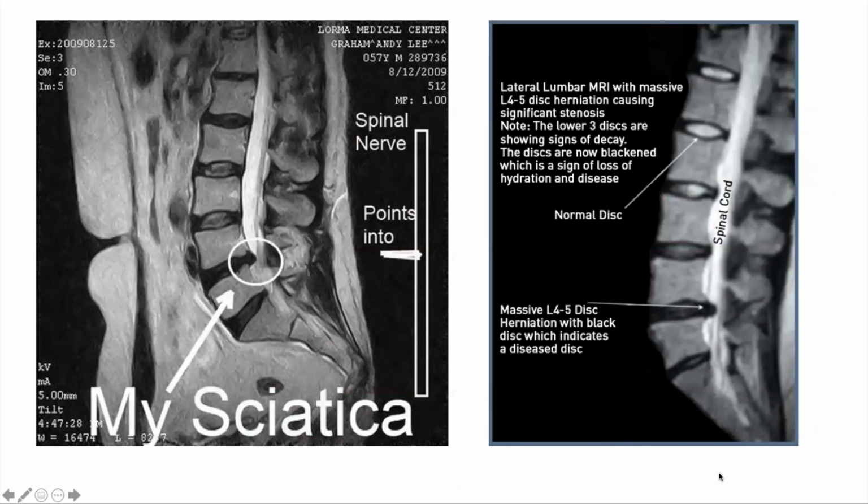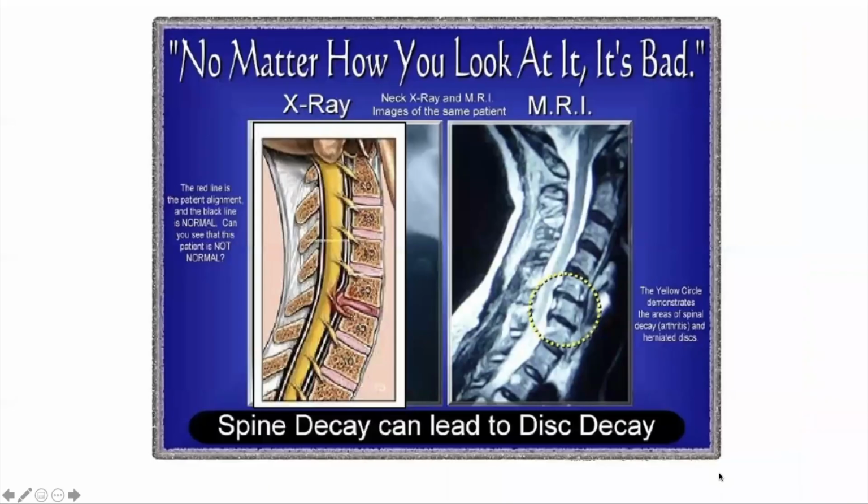When you think about it, here's a 34-year-old who understands disc, who understands sciatica, who understands when it encroaches onto the cord, who understands stenosis. When people ask if stenosis is contraindicated, the answer is most times no, because stenosis is when you have a big herniation encroaching into the cord. Okay? You want to open it up. No matter how you look at it, it's bad. X-rays,